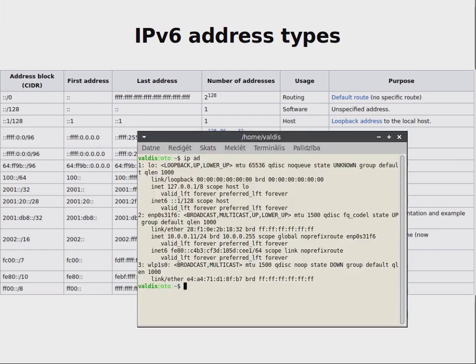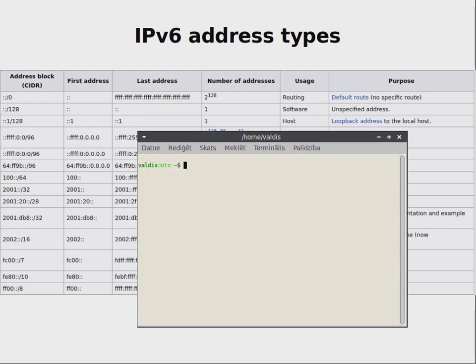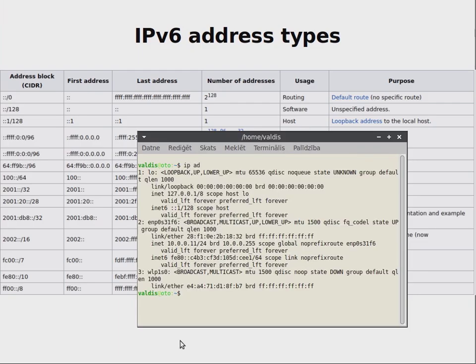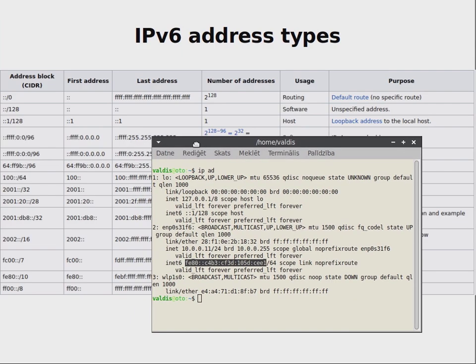So if your device can talk both Internet Protocol version 4 and version 6, you see something like this, that the Internet Protocol version 4 address is following and the Internet Protocol version 6 address is following. But in this particular case, again, there are some address spaces which are intended only for local area communications.